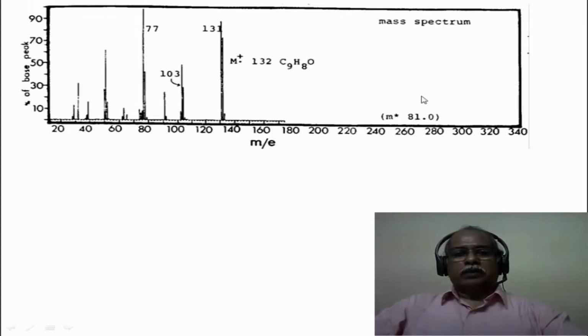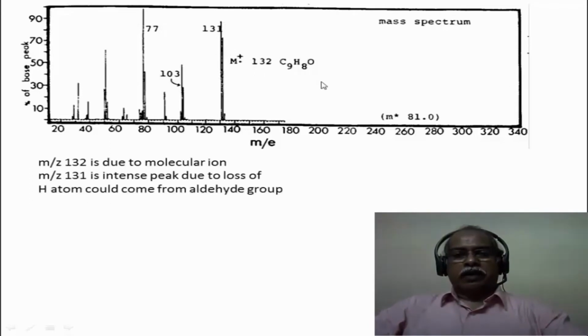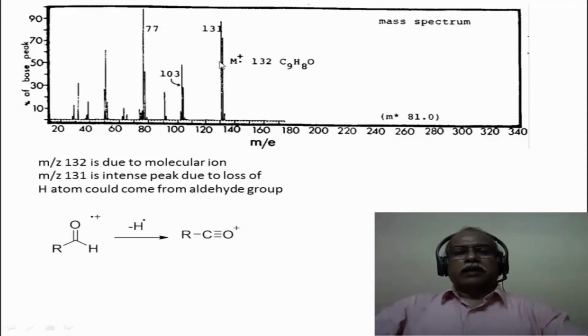Now let us move on to mass spectrum. This is a mass spectrum of this compound. The molecular ion peak is seen at 132 m by z value, and the molecular ion loses one mass unit to give 131, which is also a very intense peak. This is a very characteristic feature of an aldehyde carbonyl functional group. Aldehydes tend to undergo fragmentation by losing one hydrogen from the aldehydic site. This is represented here. So if the aldehyde loses a hydrogen, it forms an acyl cation, which is a resonance stabilized cation. So that fragmentation is usually very facile in aldehydic compounds.